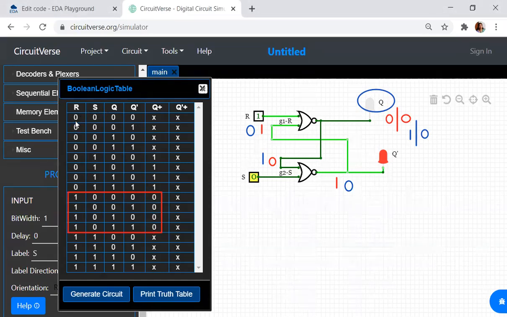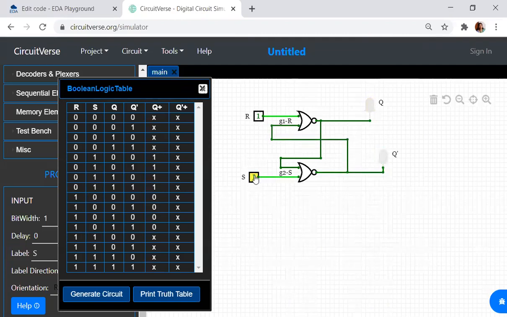Next, coming to the combination of 0 and 0. Now you can see this is at 0th state, right? Okay, let me clear this. When R and S have some combination over here, this is a 0th state. Suppose if I make this 1, 1, what happens? Still this is in 0 state. Now suppose I keep it as 0 and 1.